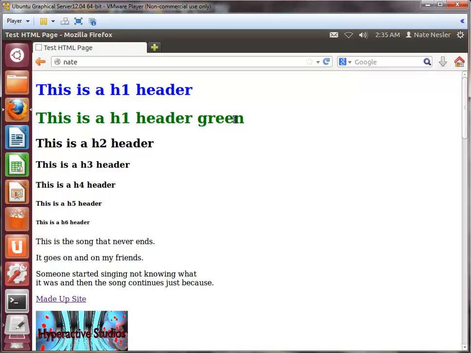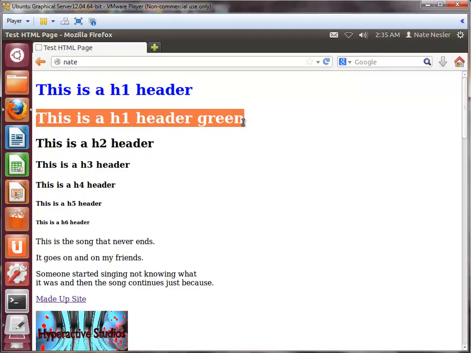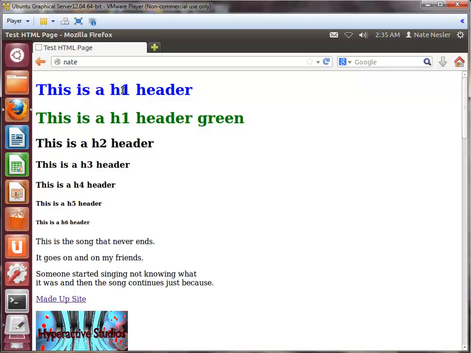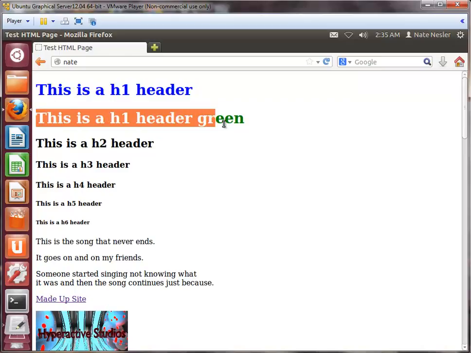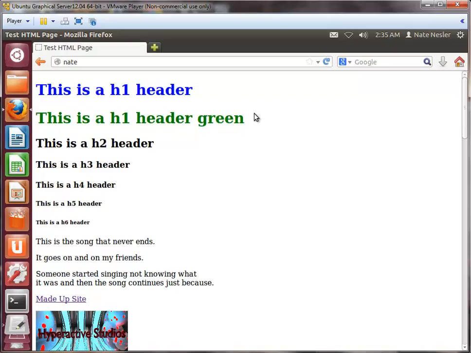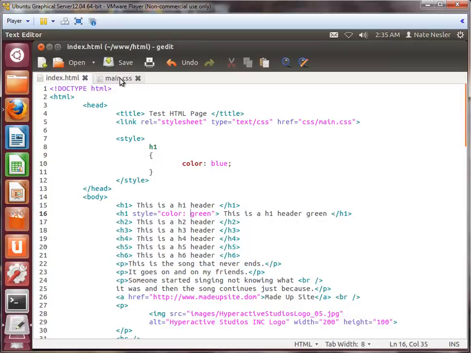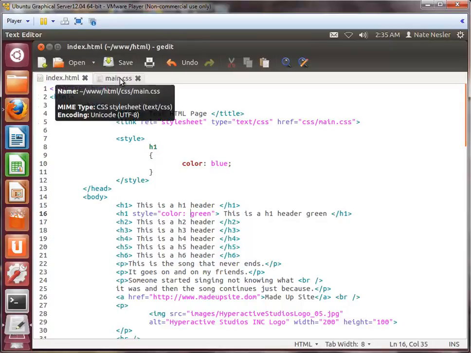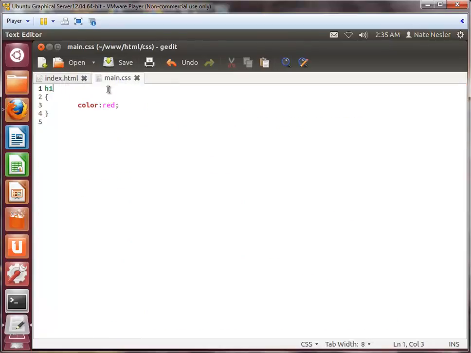And this lets us inline our CSS. You notice this one took precedence over it. Now all the H1 tags are going to be blue. However, on this particular tag I want it to be green, and I can inline it and take over that functionality. Just like I could also come back over here, instead of saying okay, I want to do just H1s,